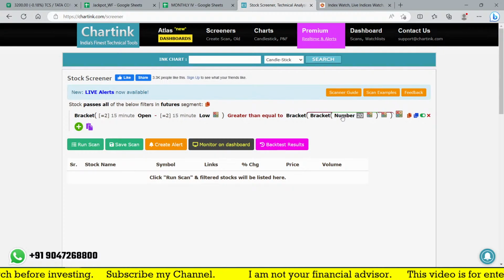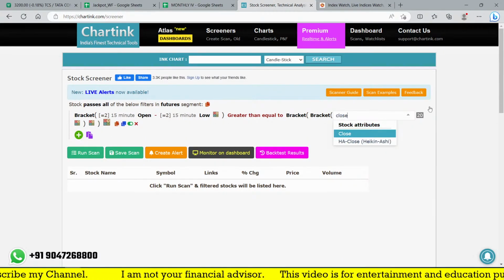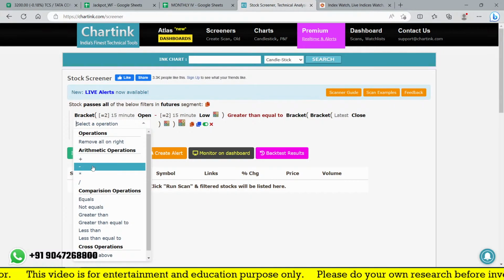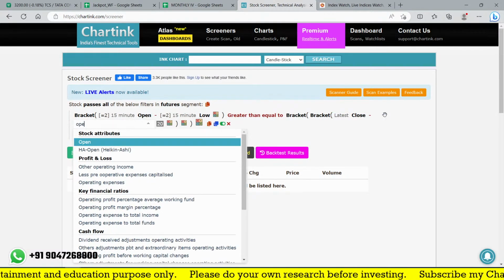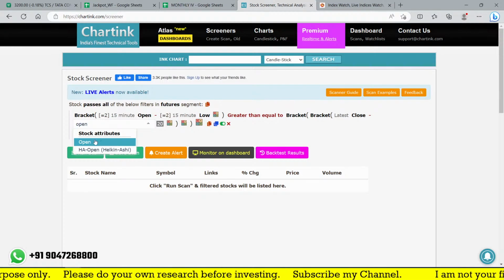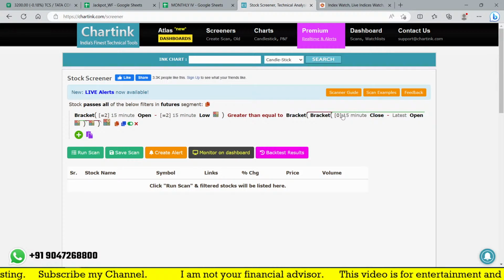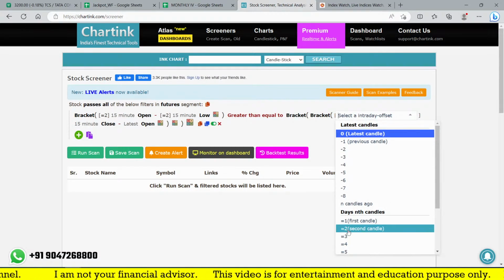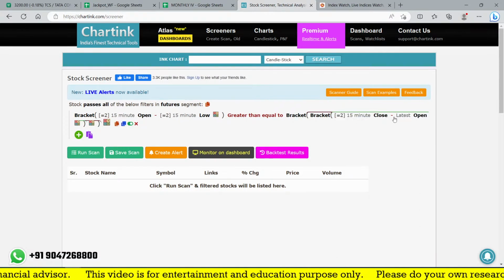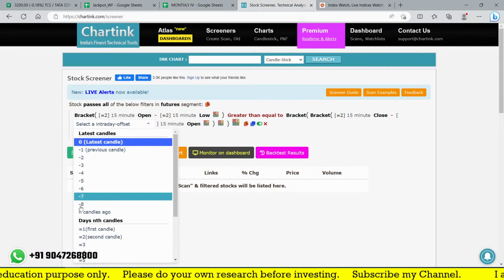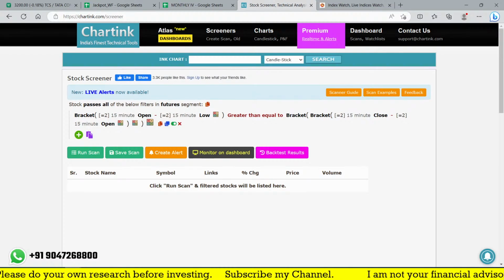So second candle should be a hammer. So close price minus open, and this is also be a 15 minutes in the second candle, 15 minutes on the second candle equal to 2. Okay, this one is the condition, and we are going to use something like